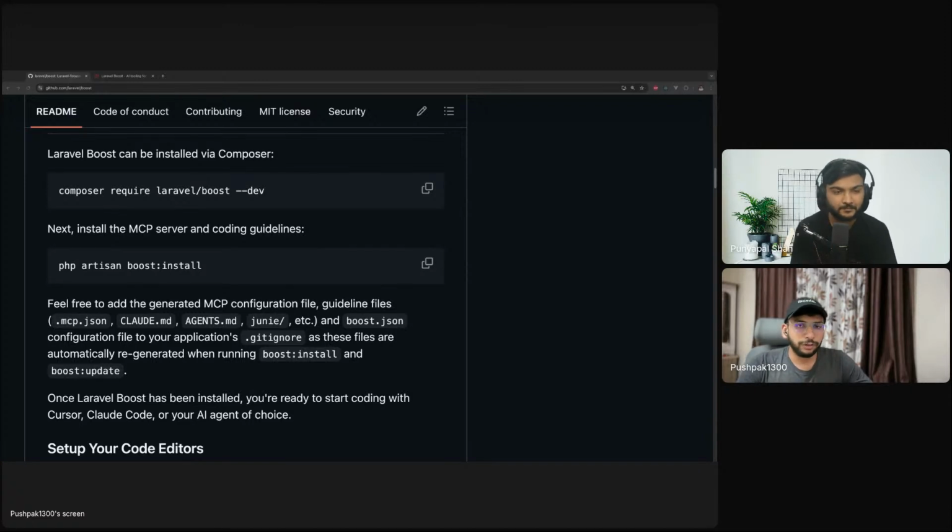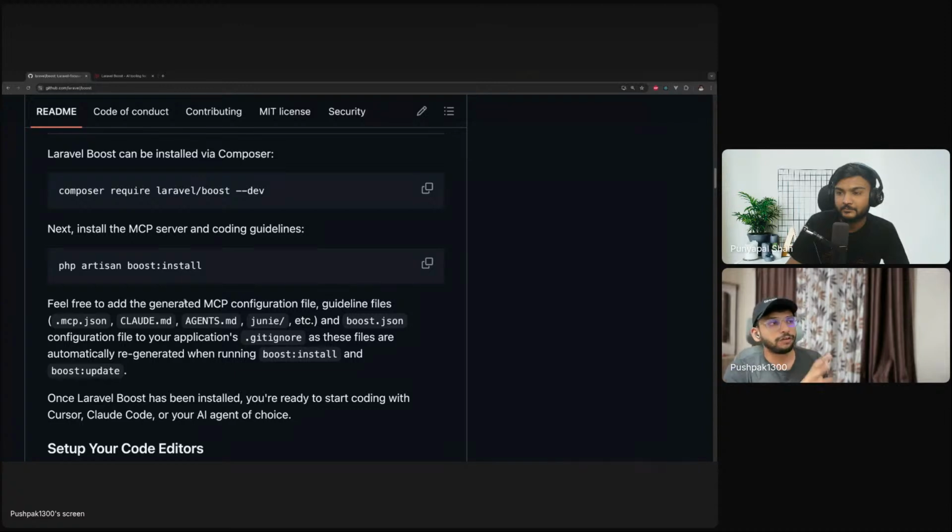Earlier there was a confusion, and that's why we added this specific line into the readme, which I think was contributed by Chinmay. There was a confusion about whatever files Boost generates, like there is an MCP configuration file, then there will be guideline files and all sorts of files. How will it work? So here we have mentioned, after running boost install, the first thing you have to do